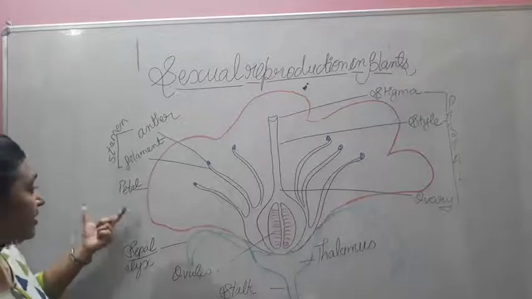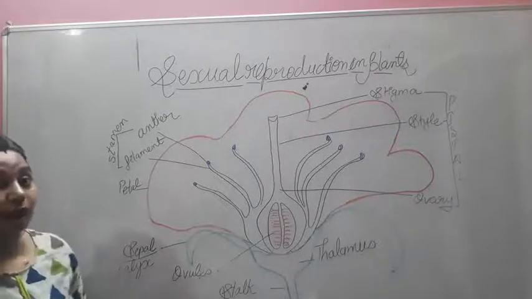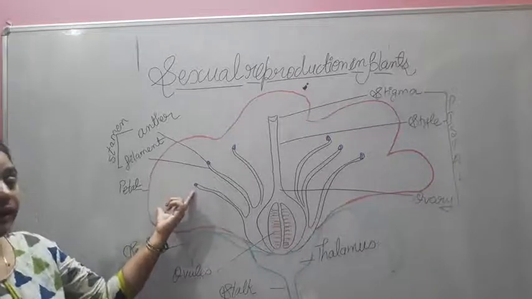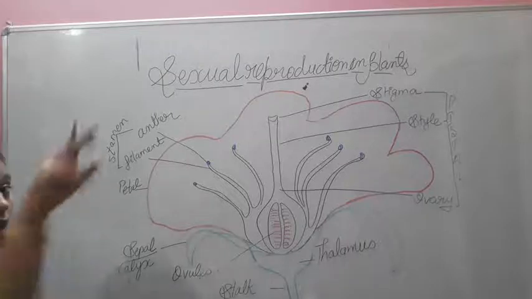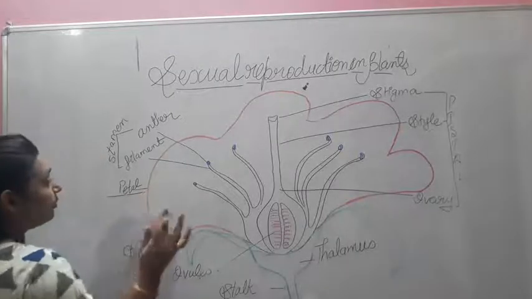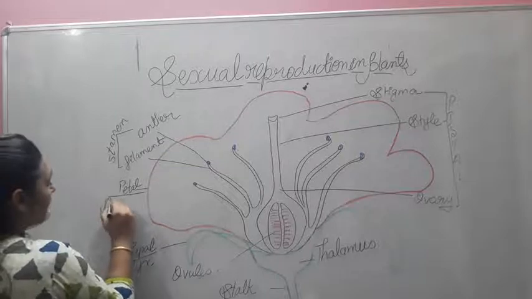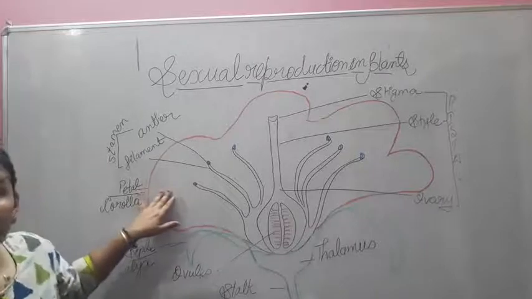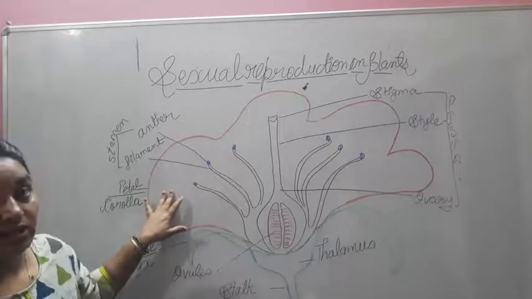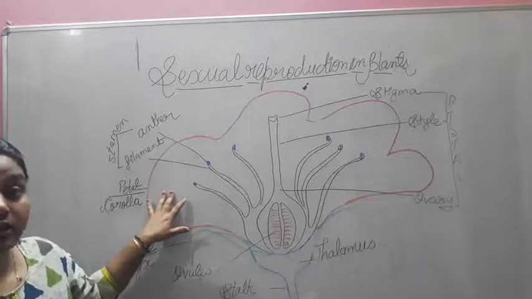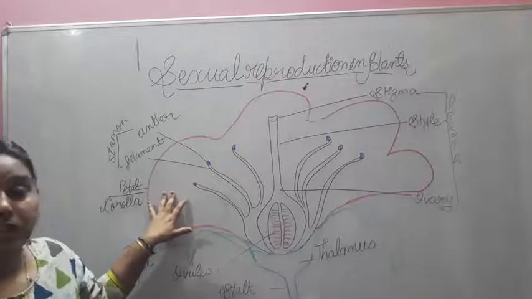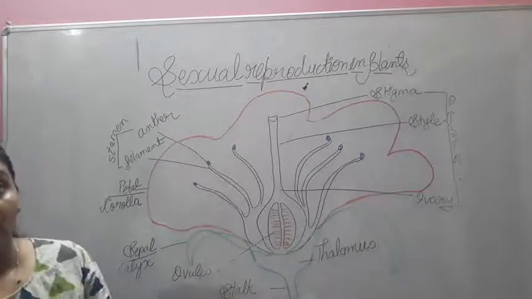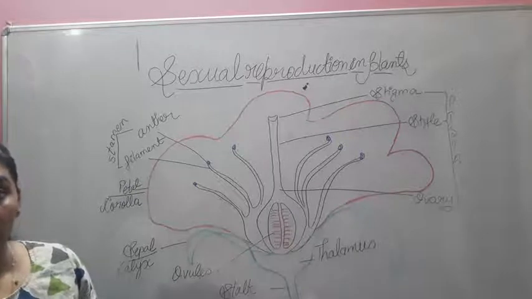Next, just after the calyx, you will see the colorful parts of a flower, which are the petals. If you see just a single petal, it is a petal. But if you talk about all the beautiful petals together, they are called the corolla. These are meant to attract the pollinators, so they are provided with many different bright, attractive colors, so that the pollinators are attracted towards them and can pollinate well.